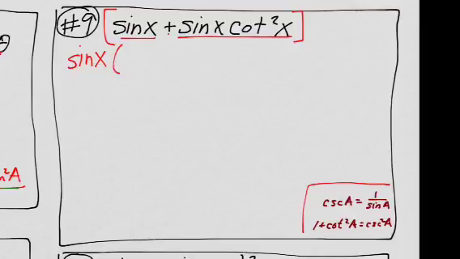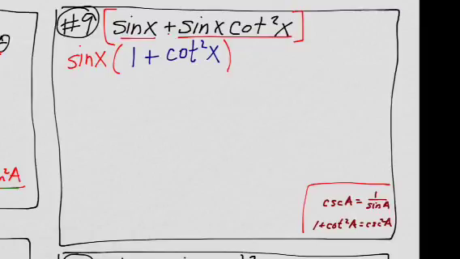Sine x divided by sine x is 1, plus sine x cotangent squared x is just cotangent squared x. So I undistributed, and I factored out the sine x, and I'm left with 1 plus